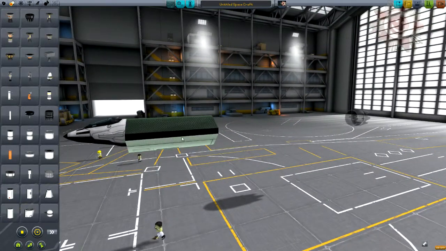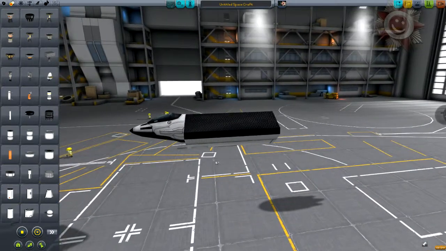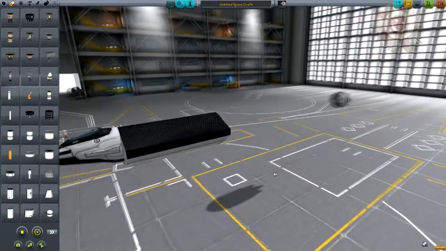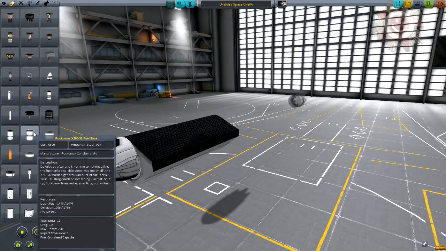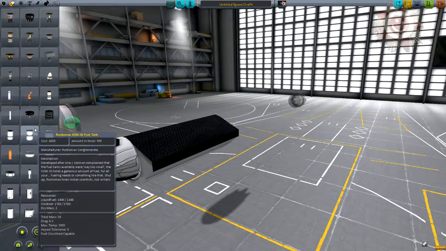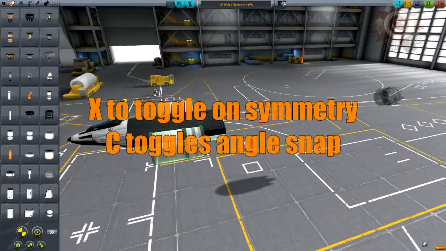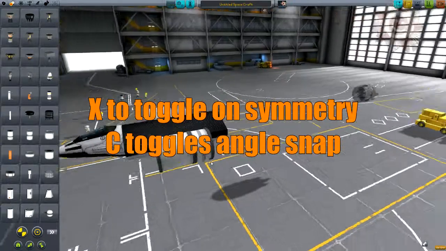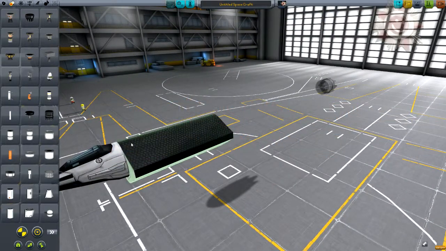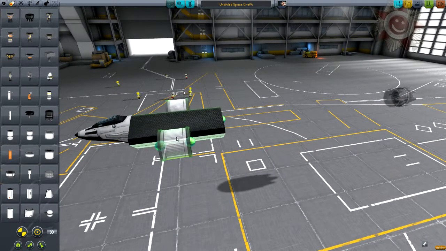this fuselage, and we want to make a space plane single stage to orbit, so we will need rocket engines also, so we have to put on some oxidizer tanks, so I think that, well, that's too much. We don't need that much. Let's put on these smaller tanks, and